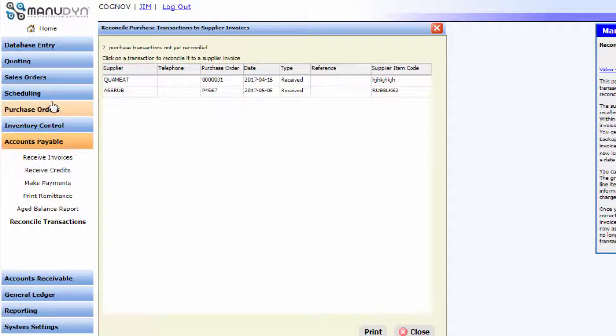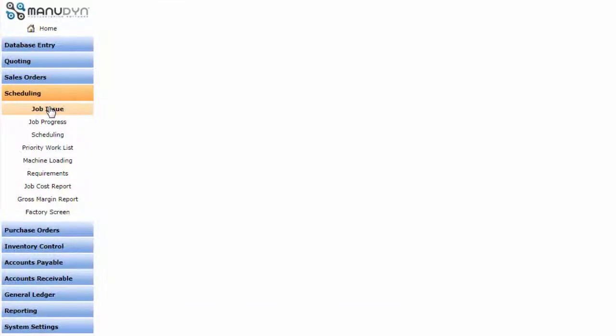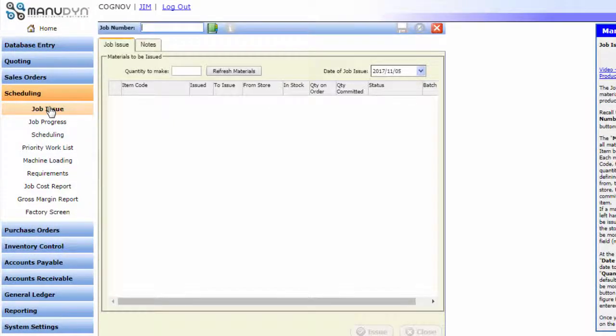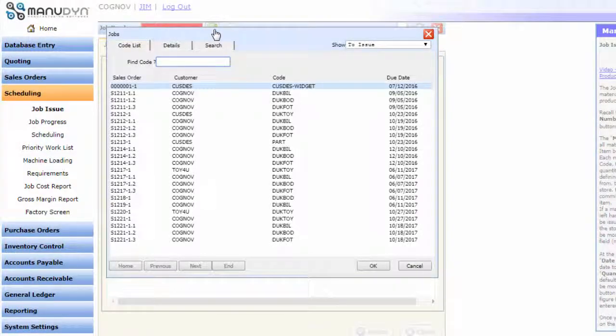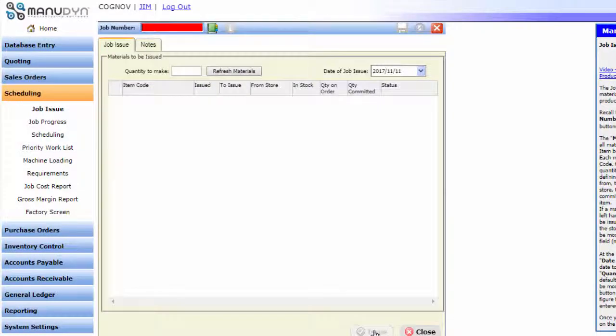Once the raw material is available, we can begin manufacture. The first step is to issue the job to production. Issuing a job to production allows you to verify availability of material and release the material from inventory. It then schedules it through the work areas based on the due date, other jobs in the system, and work